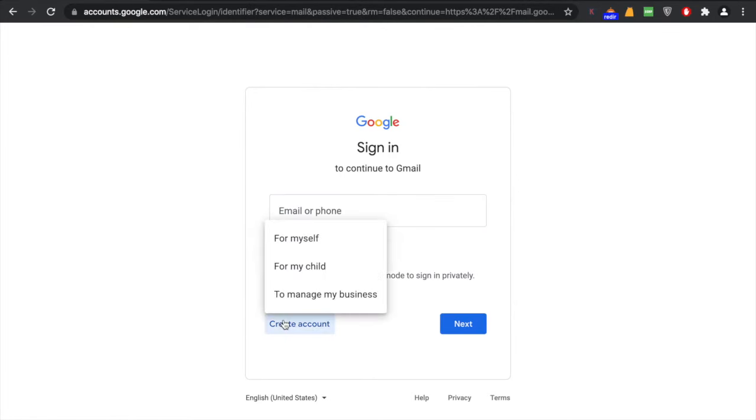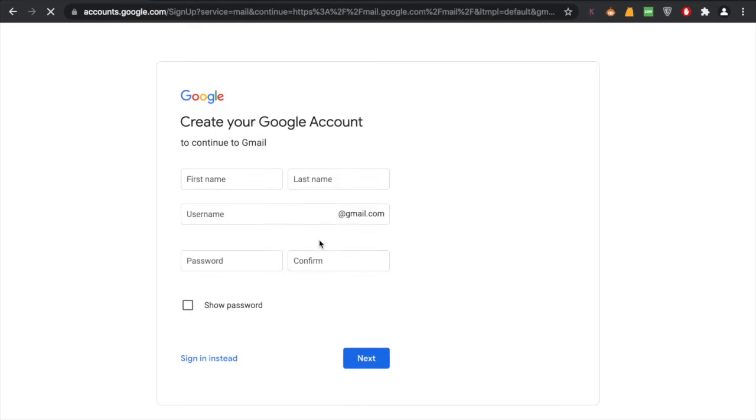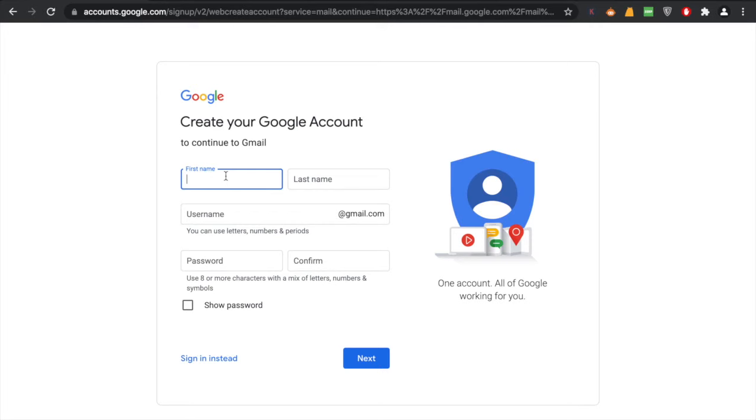Click on it and choose if you want to create it for your child, for yourself, or to manage your business. In case it's a personal account, for now we're going for myself. And here, select any particular name you want to add. For example, we'll call it mocks, which would be easy. So we're going to call mocks